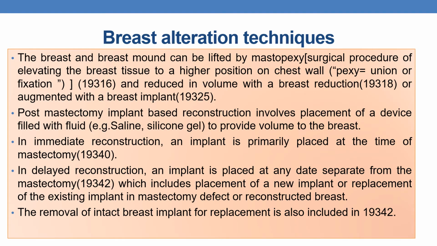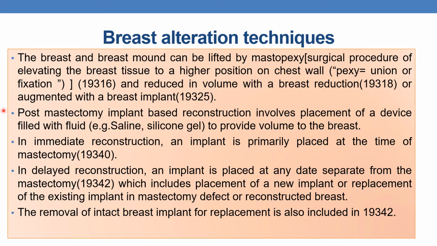The native breast may be altered using different techniques. The breast and breast mound can be lifted with mastopexy, which is given by the code 19316. Mastopexy is a surgical procedure of elevating the breast tissue to a higher position on the chest wall. Pexy means union or fixation, so mastopexy means fixation of the breast. Or it can be reduced in volume with breast reduction, which is given by the code 19318, or it is augmented with a breast implant, which is given by the code